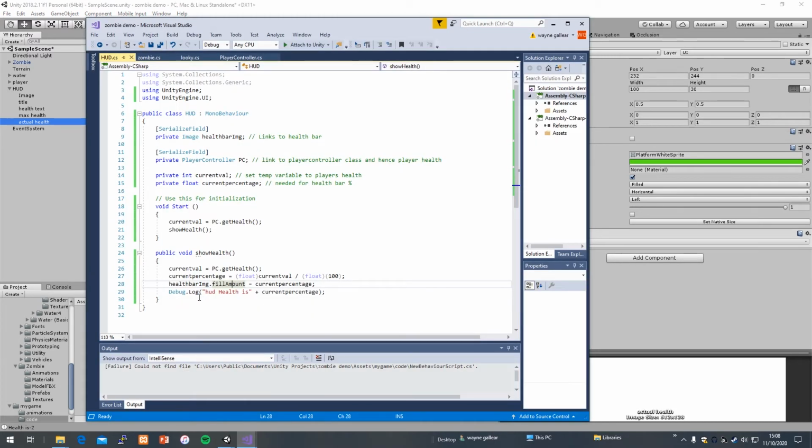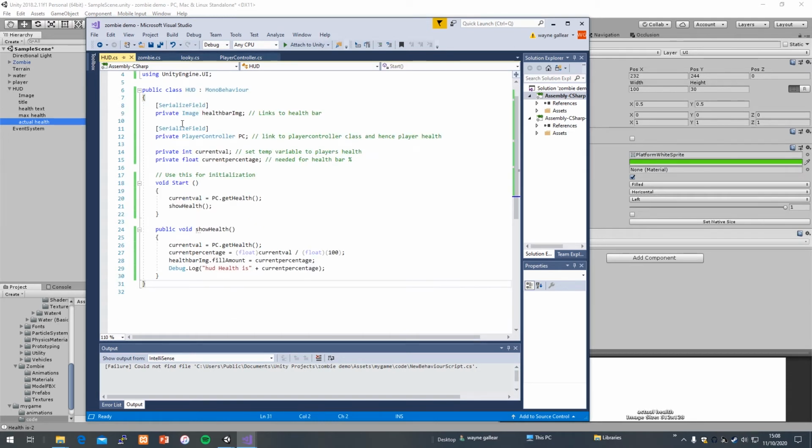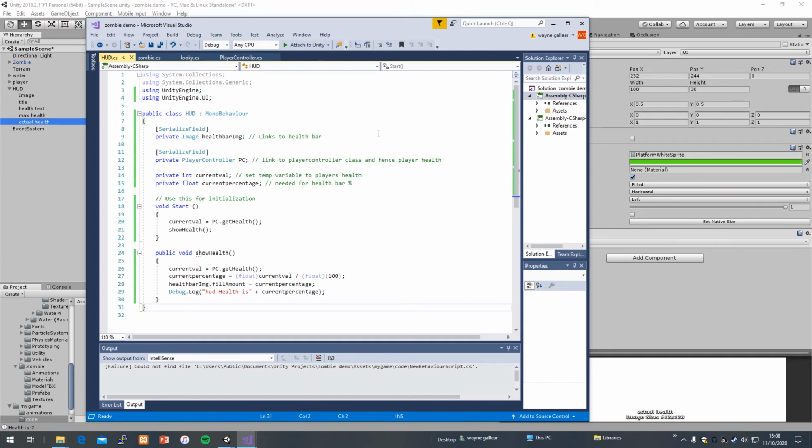And then I've actually got a little debug to say what the current health is, so that when you're playing it, we can actually see it. It's a little debug screen. You can comment this out when you get it working, but it's useful to have it to begin with. So this is a new script. I'll scroll it up there. You can see